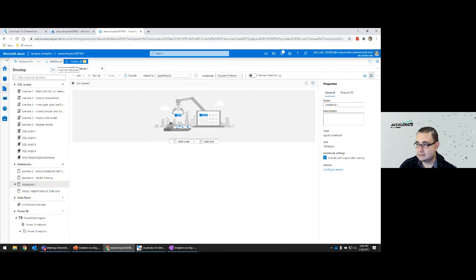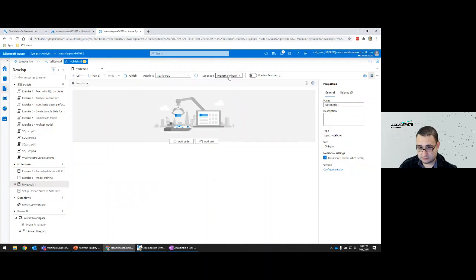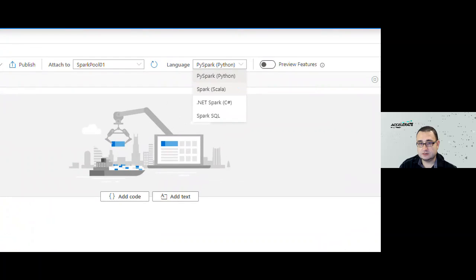Now, we're also going to make sure that we have selected our Spark Pool 01. And the language that we're going to use is not PySpark, but Scala. Notice the options that you have. You can work with Python on Spark. You can work with native Scala on Spark.